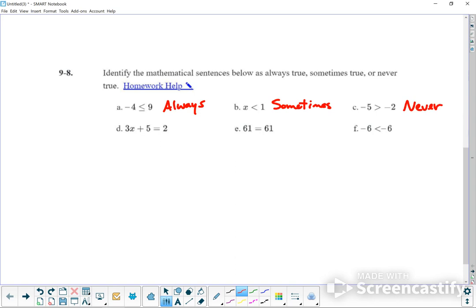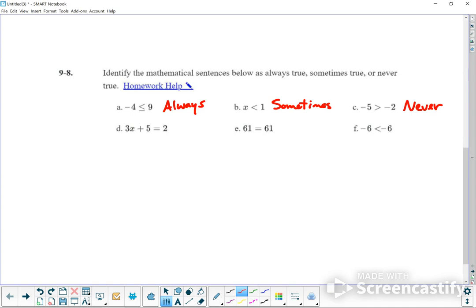This right here, is that equal to 2, right? Well, for x's, this is only sometimes, right? Because when would it be true? Like when x is 0, you put 0 in here. 3 times 0 is 0. 0 plus 5 is 5, and 5 is not equal to 2. So that's not true. But it is sometimes true. Okay, and it's actually only true for one instance. If you solve it, it will be true for only one time, and it'll be false for a billion other